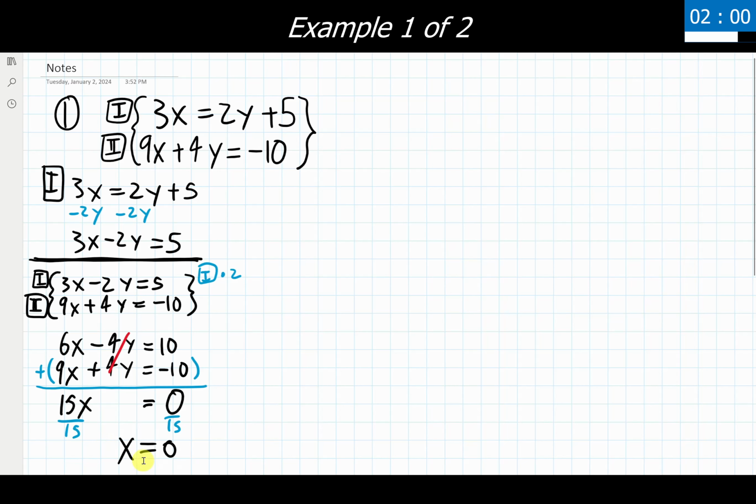So that's steps 1 through 3 just to get to my first half of the answer. I'm going to go ahead and divide this up here as we finish this problem off. Step 4 states that we need to substitute the value found in step 3, this 0 here, in for that respective variable in one of the original equations that was given to me. So I need to plug 0 in for x into the first equation or the second equation. It truly does not matter which one I use. I just need to pick one and then commit to it.